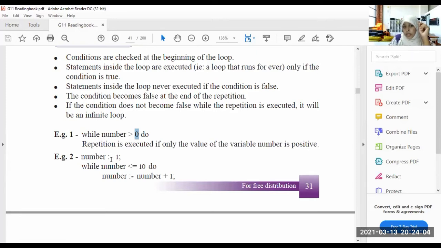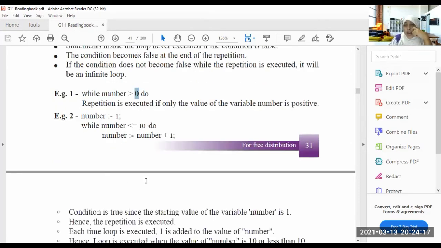Number equal 1. While number less than or equal to 10 do. Number equal number plus 1. What is the meaning of this structure? Here when I enter the number, it is 1.